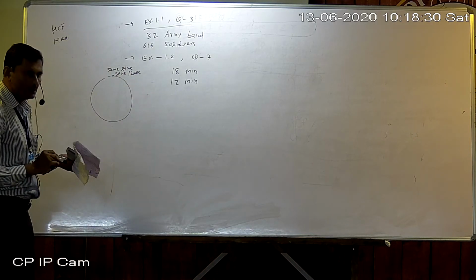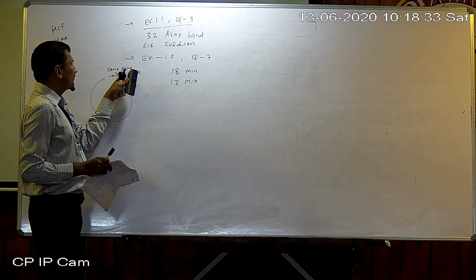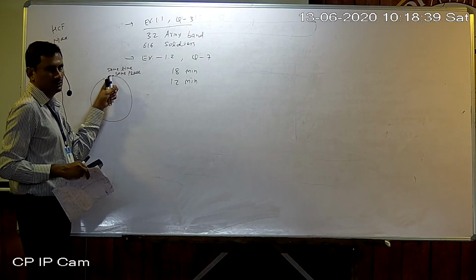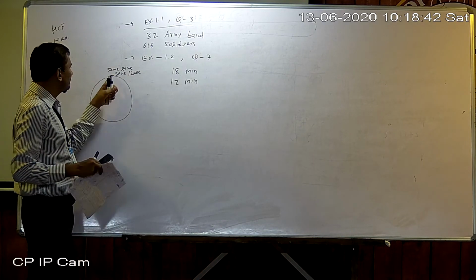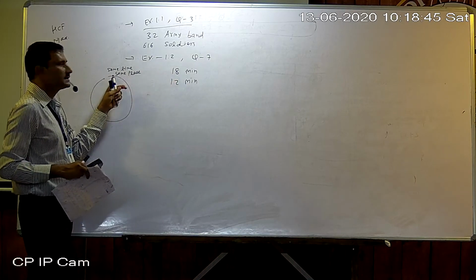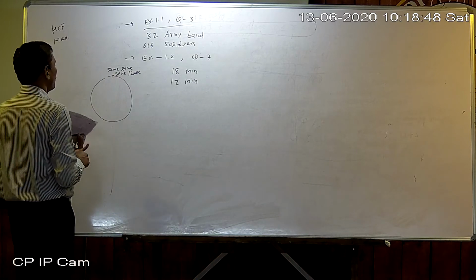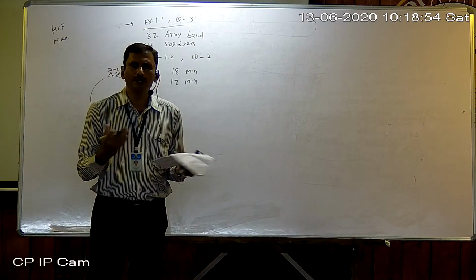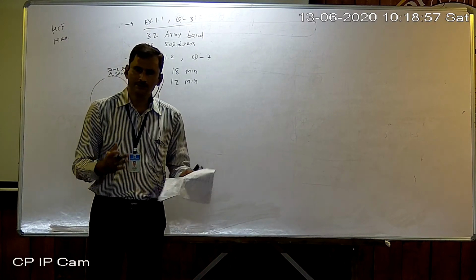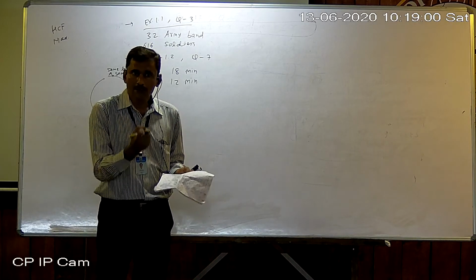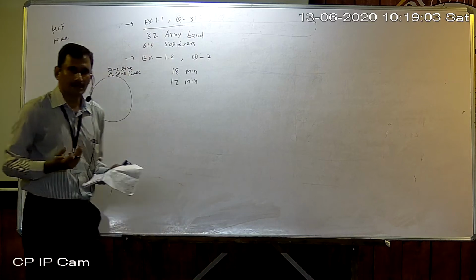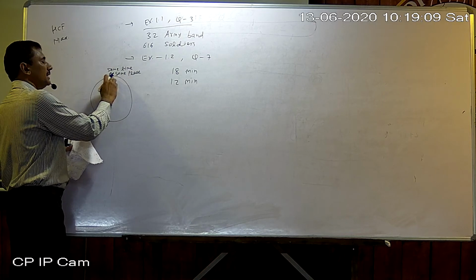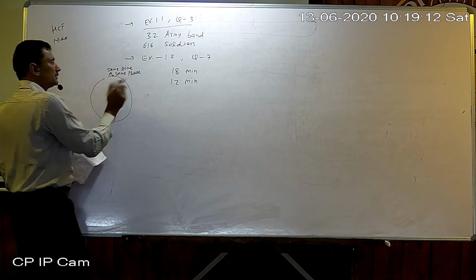Now what is asked? They start from the same place, same time. So after how many minutes will they meet at the same place only? Means here at point A only. If they keep on running, then they will meet many times. Suppose in a whole day they will meet many times, but we require the first time. What is the minimum time that is required for coming at the same place?